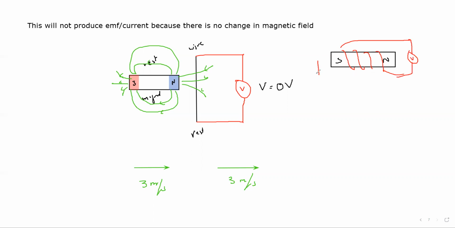If I drop both of them moving downward, will it induce EMF? Any voltage produced? I drop both of them together, wire and magnet both falling together. Because the wire is wrapped on the magnet and both are falling together, again there is no change in magnetic field. That's why this will have 0 volts. So in all these examples, there is no change in the magnetic field. If there is no change in magnetic field, there is no induced EMF.